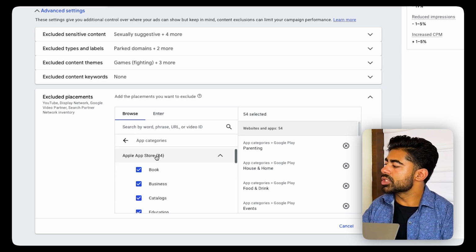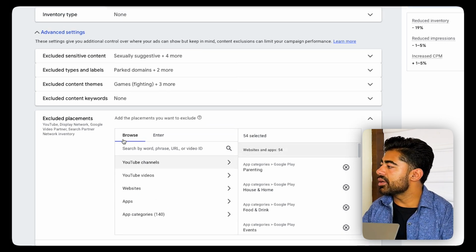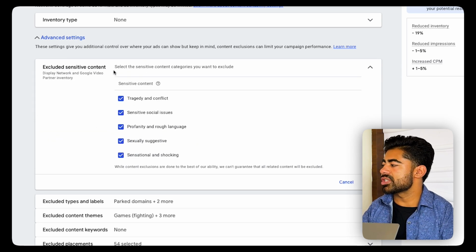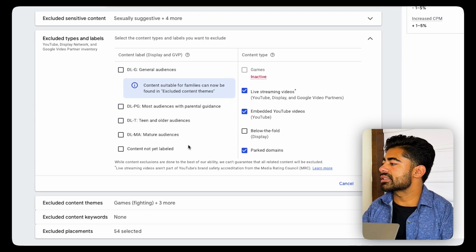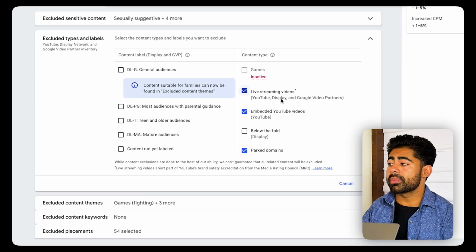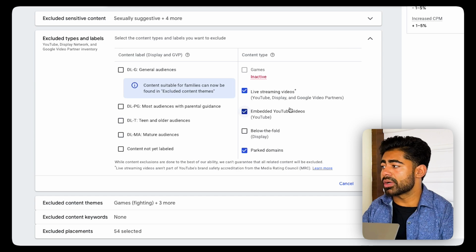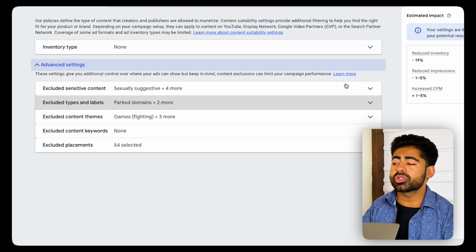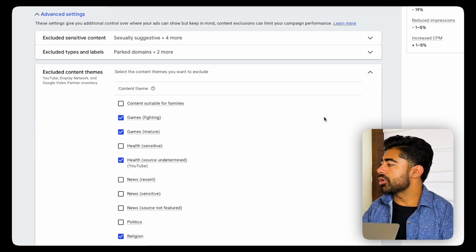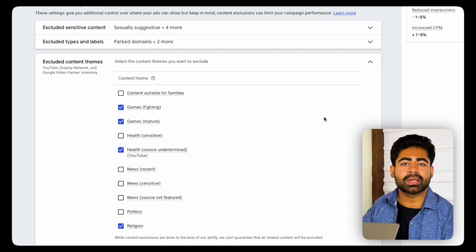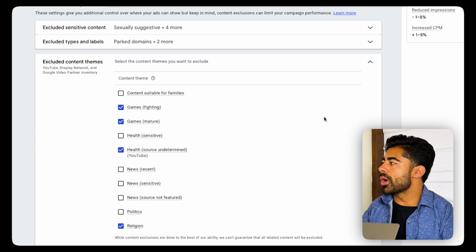But super important to at least exclude all of these apps right here. And you can also exclude all these other things such as sensitive content. You can also go and exclude things like parked domains, live streaming videos, and embedded YouTube videos, and so forth, because in most situations, users who are watching videos that are live or embedded, they're not necessarily going to be wanting to purchase anything. And finally, you can also exclude certain kinds of content themes because this directly ties into where your YouTube ads